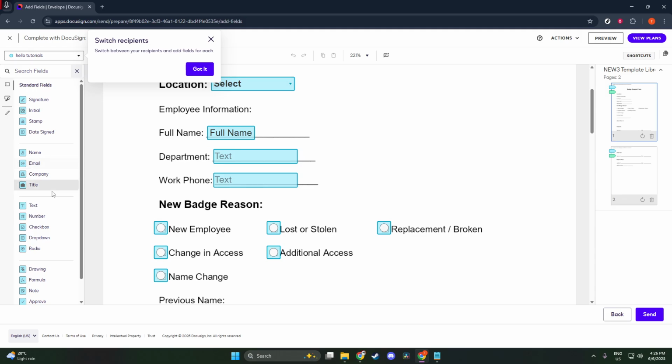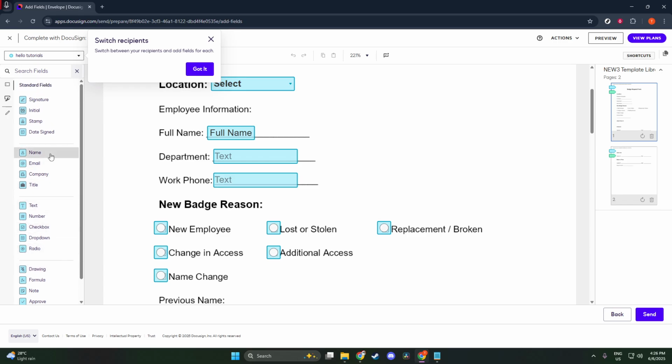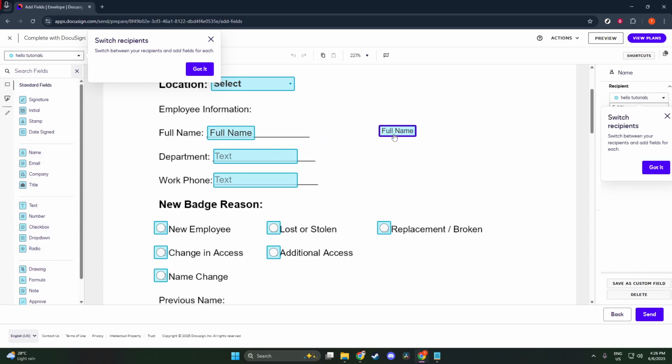On the left side of the editorial page, you'll notice the Fields menu. This menu is your toolbox for adding various fields to your document. Fields are crucial as they direct the signer where to input information like dates, signatures, and initials. You can drag and drop any of these fields onto your document, adjusting their size and position to suit your